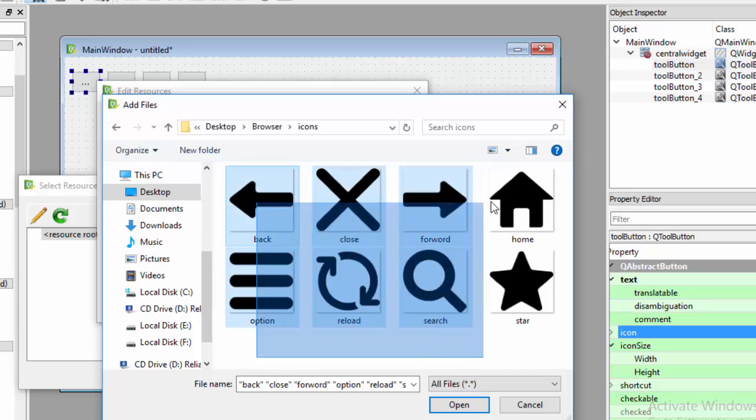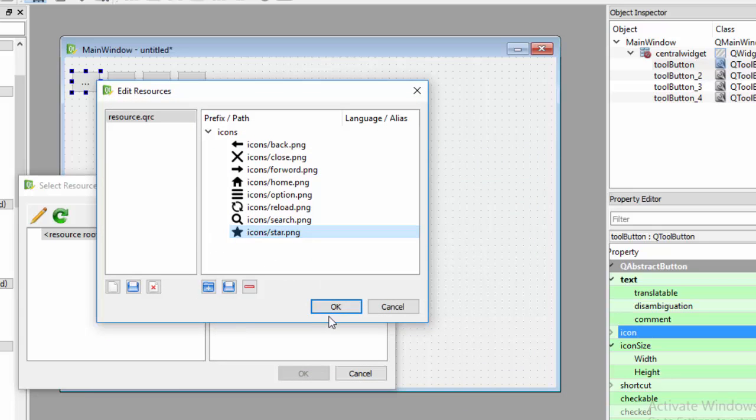So all of these will be required. Then select which icon you want.